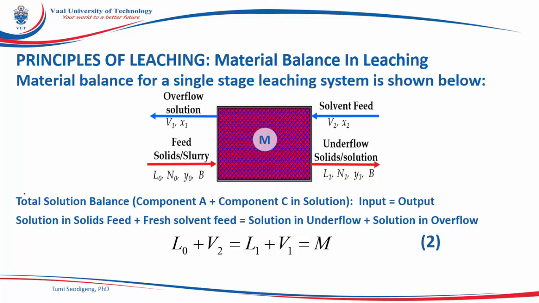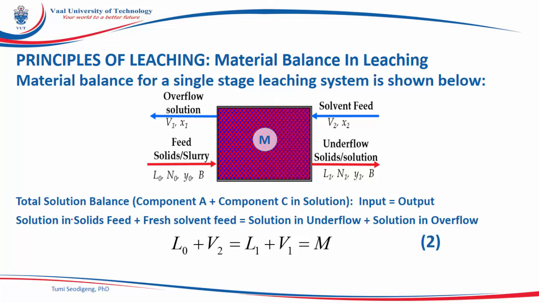We can start looking at a number of balances. We will start with the total solution balance, which is now the balance of component A and component C in solution. We will look at the input of that and the output of that. We know that solution or the liquid is contained in all the streams. So when we look at the total solution balance, we will be looking at all the streams. But here in general practice with the leaching process, we will always look at all the streams. If we are looking at the solid concentration and the stream does not contain solid, we will just make it 0. We will make it practice in such a way that we are always looking at all the incoming streams and